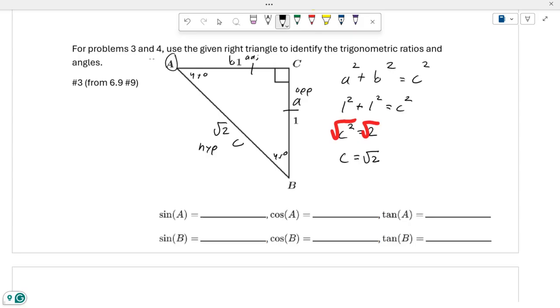So sine, as always in a right triangle, the definition for sine is opposite over hypotenuse. So opposite is 1, and my hypotenuse is root 2. Now, depending on your teacher and what they're expecting from you, this may or may not be your final answer because this is